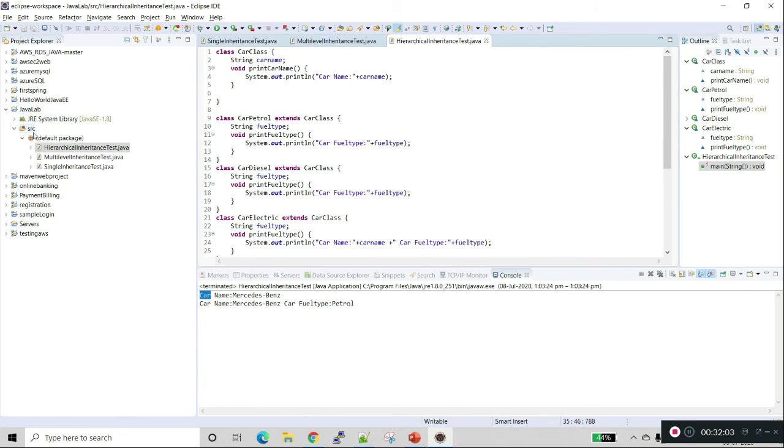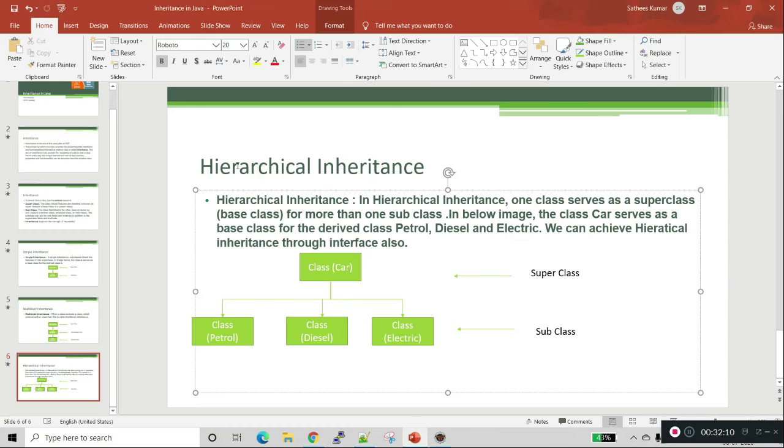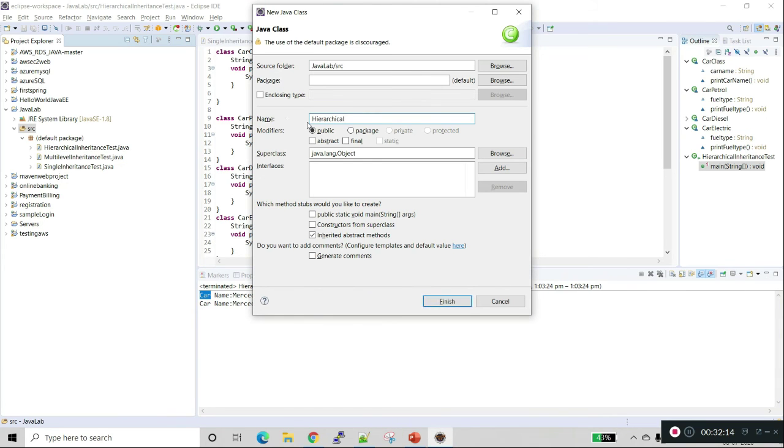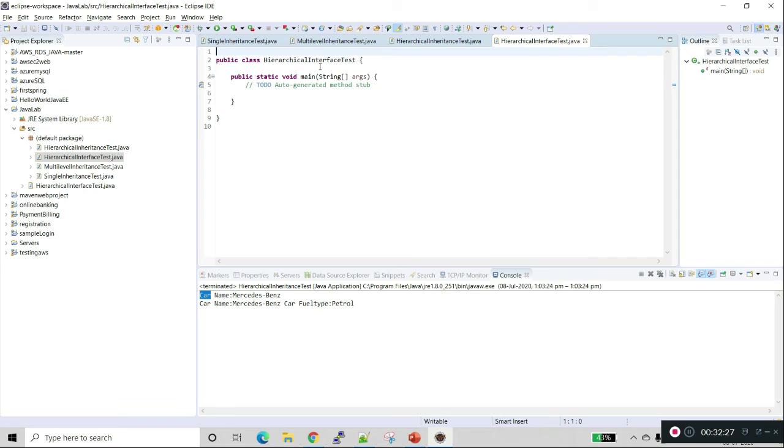We'll create a new class, hierarchical interface test. We'll create a new interface called car interface.